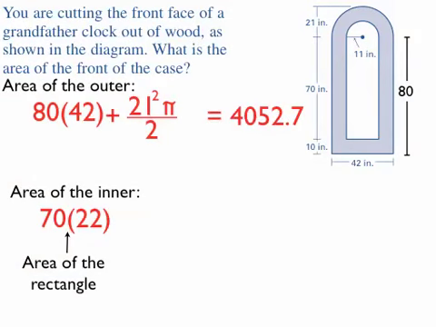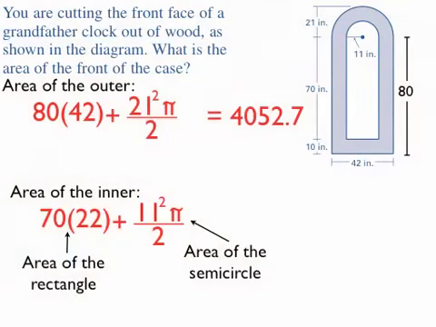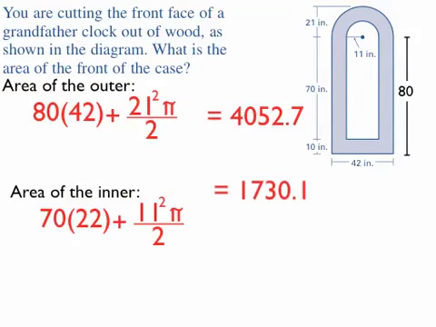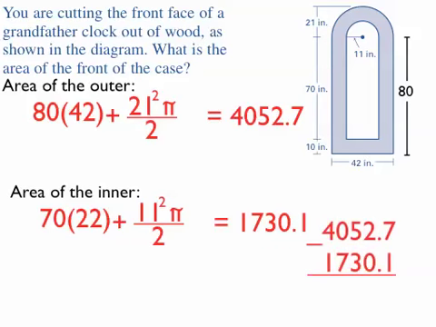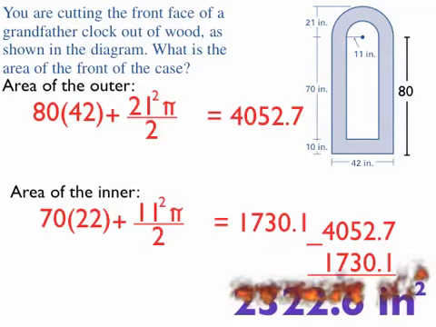And then I would need to add, to find the area of this semicircle, it tells us that the radius is 11. So I would have 11 squared times pi, and then divided by 2 again because I'm only adding half of the circle. And when you plug this into your calculator, you should get about 1,730.1. What I need to do is subtract the area of the larger shape minus the area of the smaller shape. And when I do so, I get about